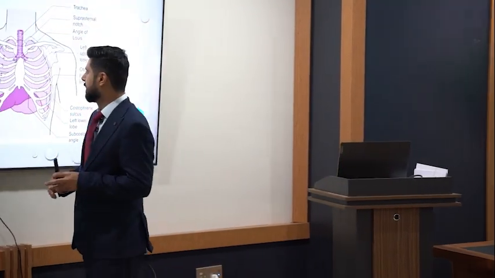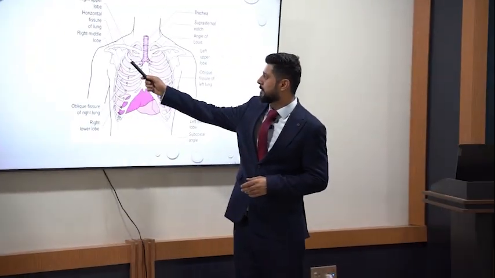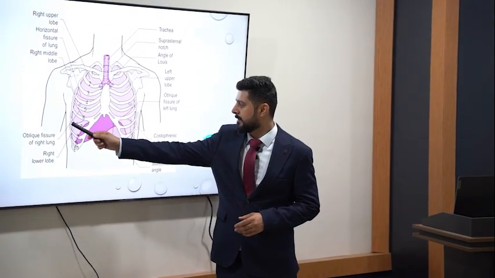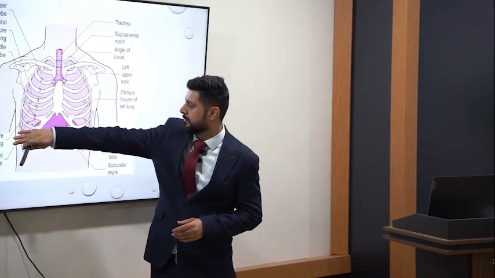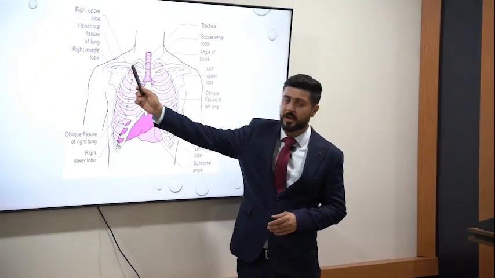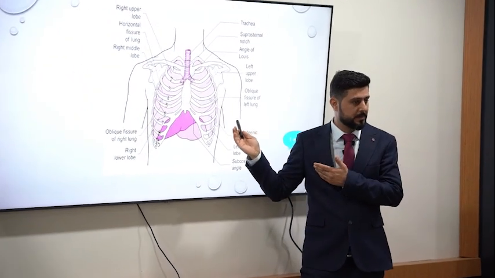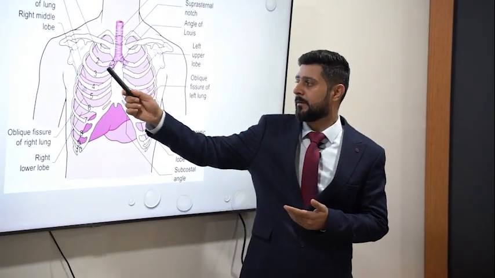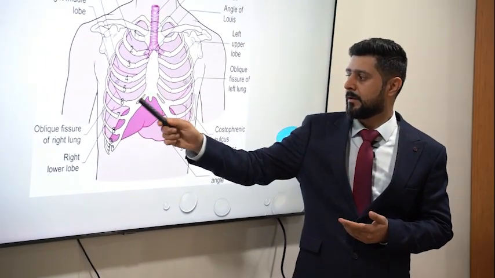Actually, we have 1, 2, 3, 4, 5, 6, 7. These 7 are true ribs. They have attachment to the vertebral column posteriorly, and we have attachment to the